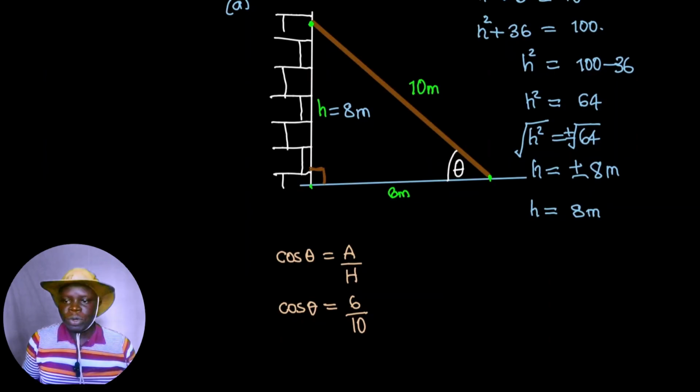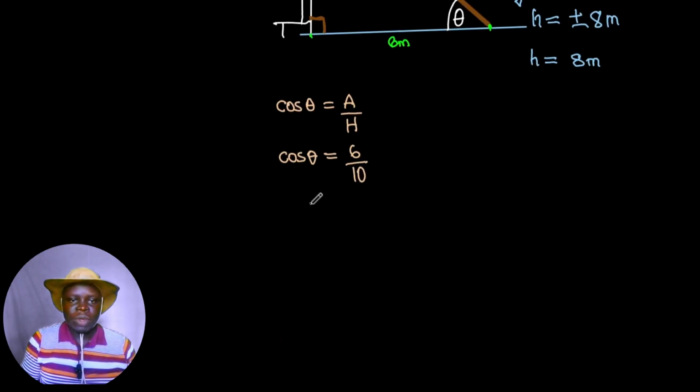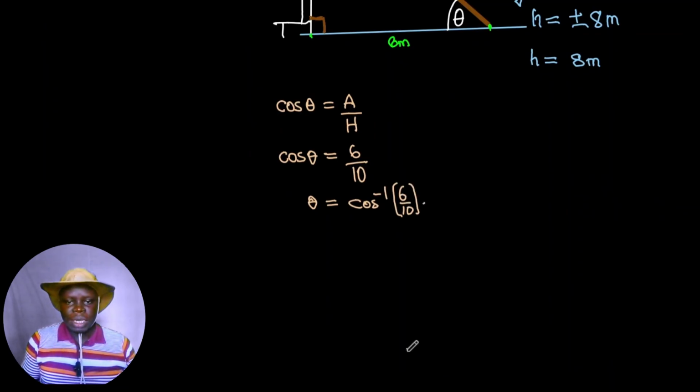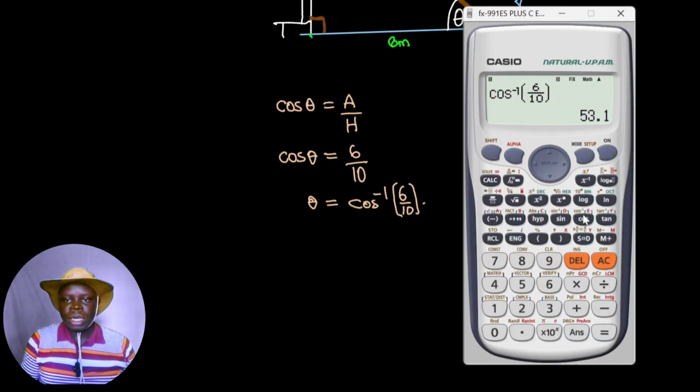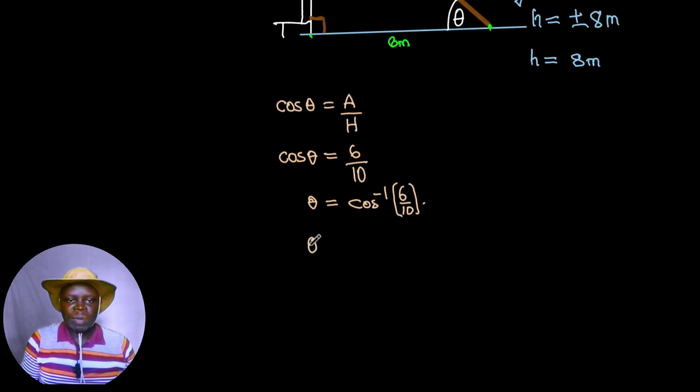And as before, for us to get the angle theta, we get arc cos of our given values here, 6 over 10. Now getting our calculator, we can also punch in second function and cos of 6 over 10. Closing up this bracket and punching in our equal sign, the angle is exactly the same like in question number 1, that is